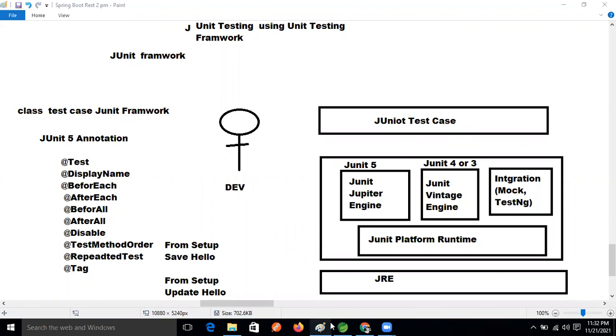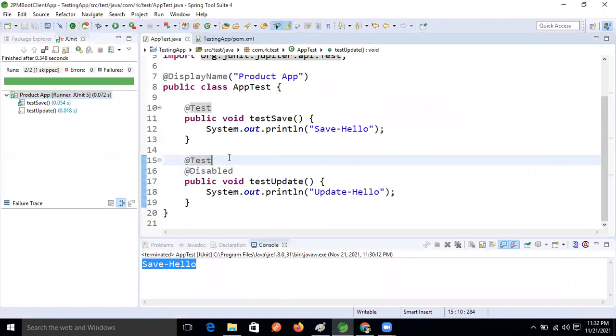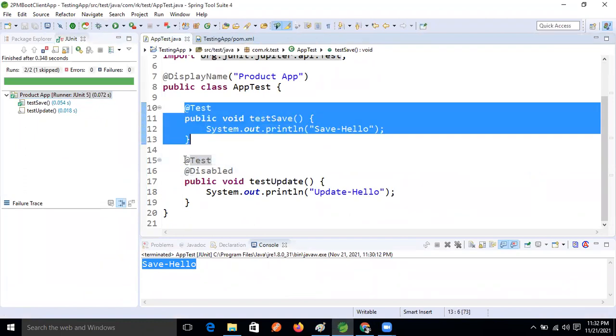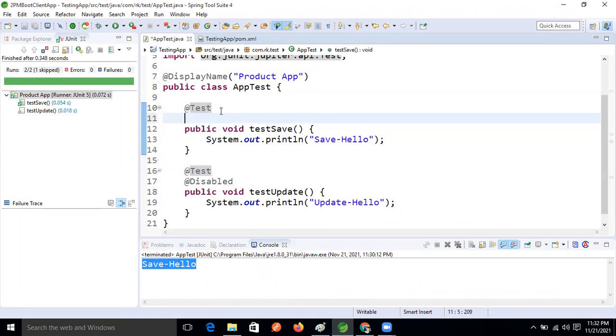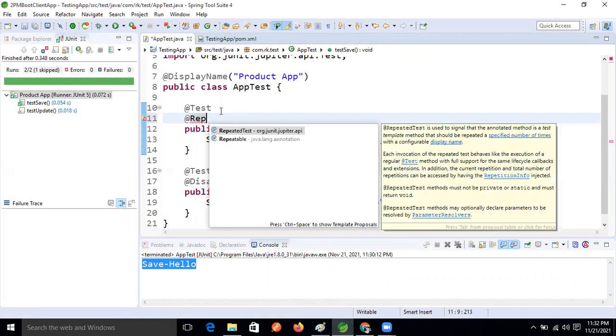So just try to understand this. I want to execute this method multiple times. If you want to perform a batch operation in the test case also, what annotation are we using? @RepeatedTest.